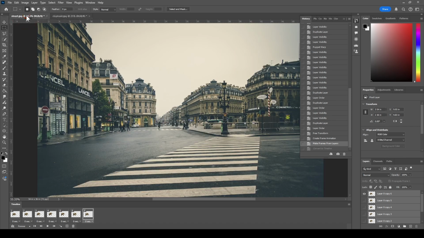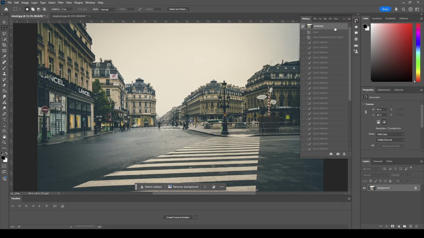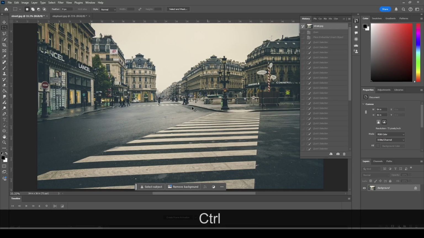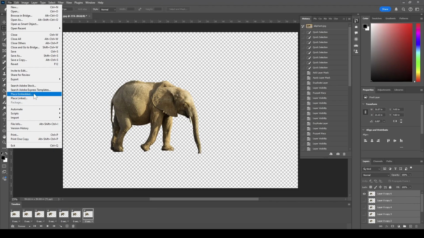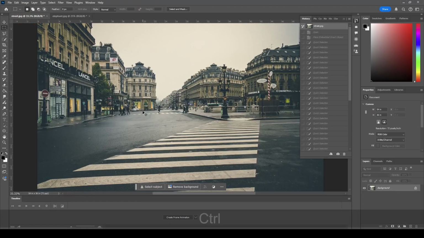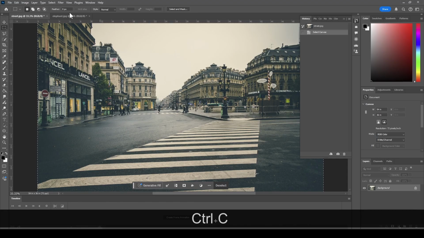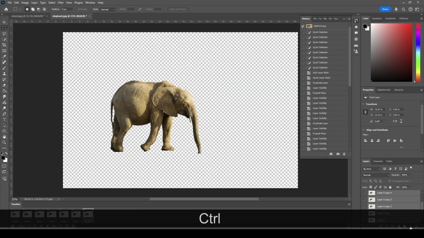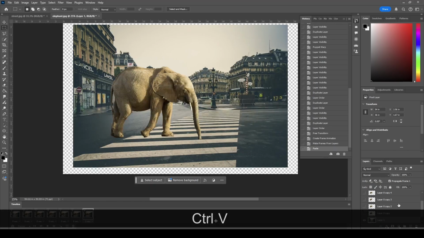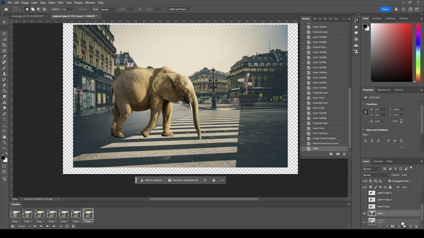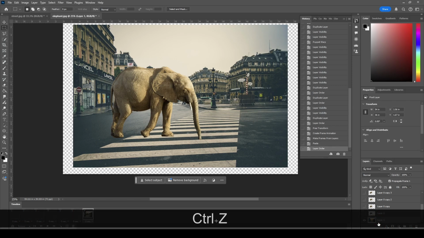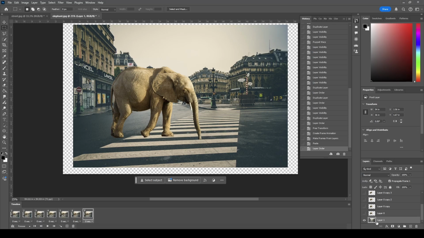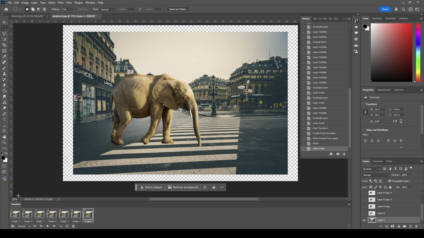To do that, we're just gonna go to our other image, and then you can just open it, or you can place embedded. What I'm gonna do is select all and then copy, and then paste it into a new layer, like so. I'm gonna move this layer down over here. So now the background layer is on the very bottom, right? So this way,